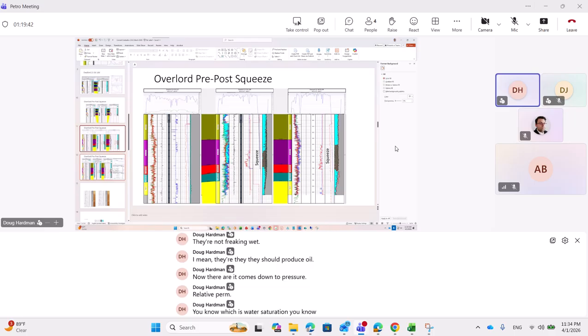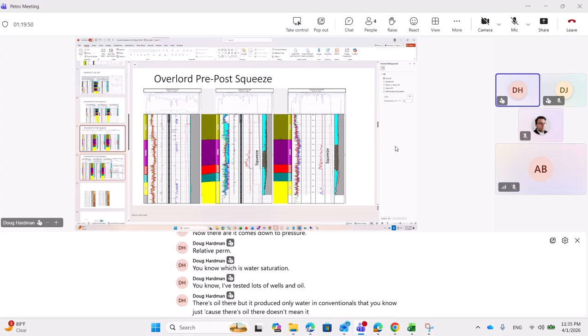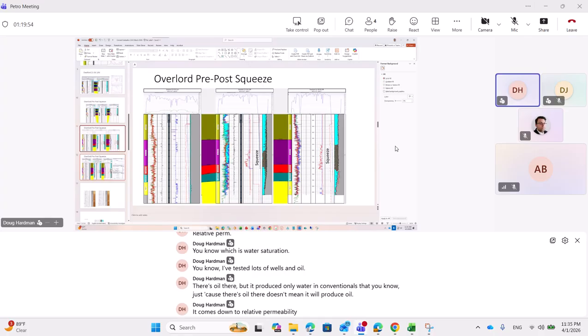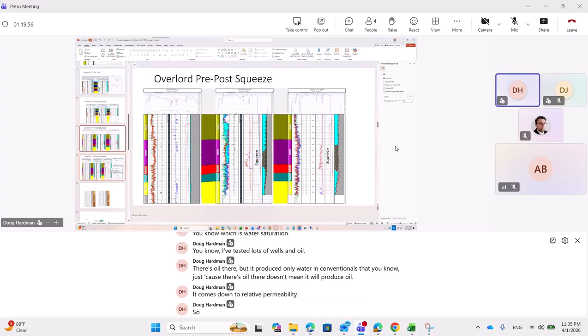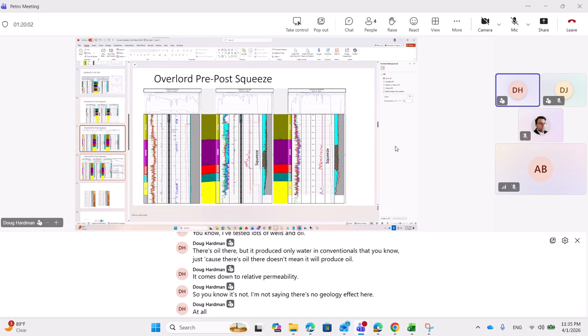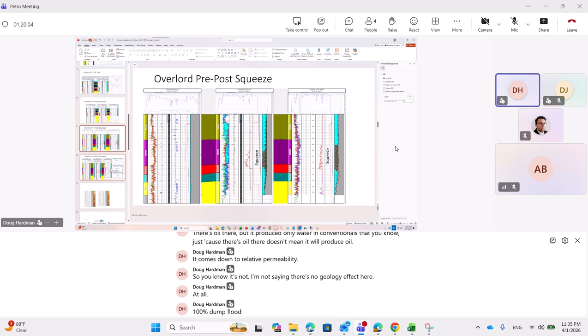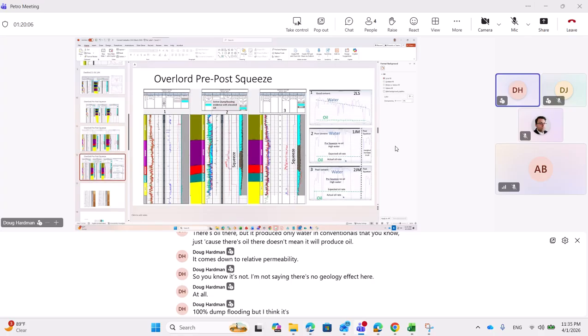I've tested lots of wells in conventionals and I go, there's oil there, but it produced only water. Just because there's oil there doesn't mean it will produce oil. It comes down to relative permeability. So I'm not saying there's no geology effect here. It's not all 100% dump flooding, but I think it's hard to argue